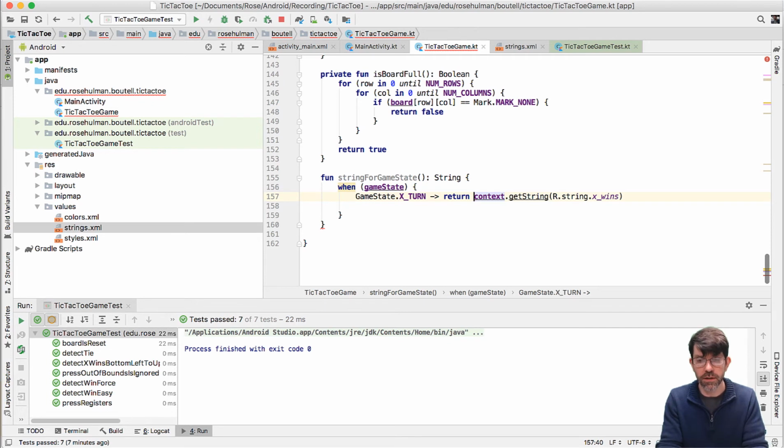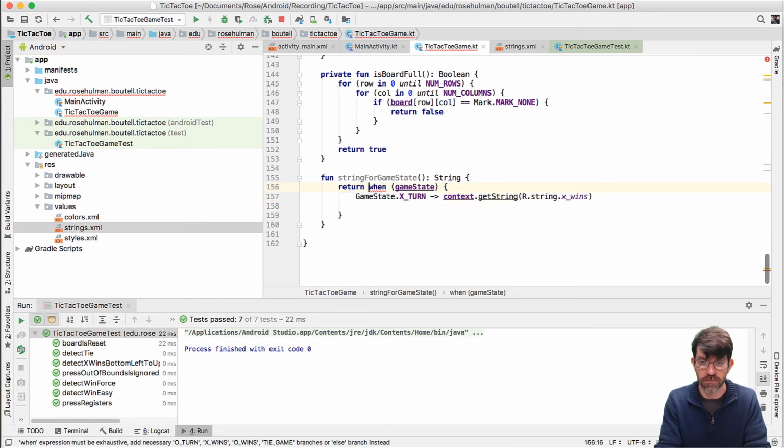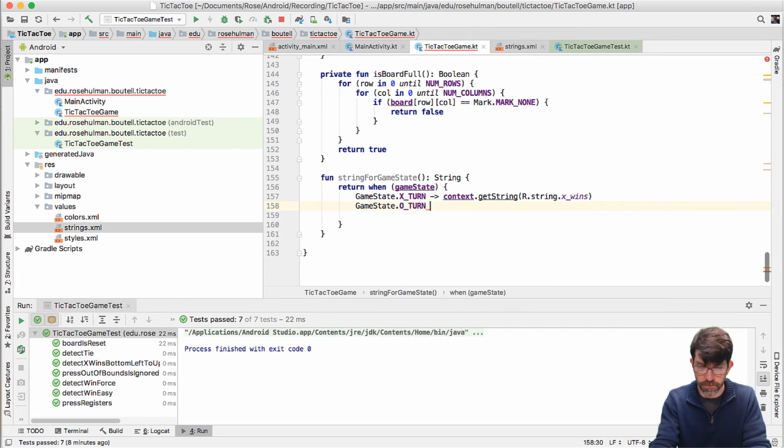Now, all of my different cases here. So I'm going to have, like, 5 different ones, right? 5 different game states, and they're each going to return a different string. So Kotlin lets me factor things out here because a when or an if is an expression. It has a value, and it has a value depending on what the condition is. So the value of the when is going to be whichever on the right-hand side evaluates to a true statement, okay? So depending on what the game state is. So if I said X's turn, then the value that's going to get returned is this string here